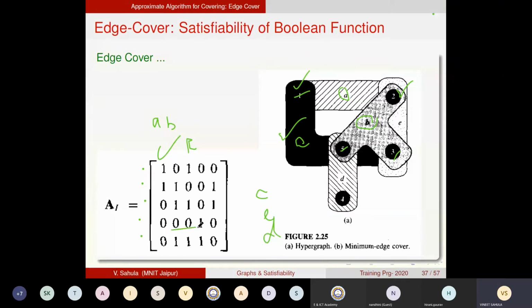Right, because the 4th row gives rise to an essential column. So D has to be chosen always. There is no other way, because 4 is not connected to anybody else. So I have to choose 3 edges only, so that all 5 minterms are covered. So this is the cover now. CED is the cover. If you choose these, this matrix is covered. So your minimization says you have only 3 implicants corresponding to C, D, E. You can write those implicants from that.